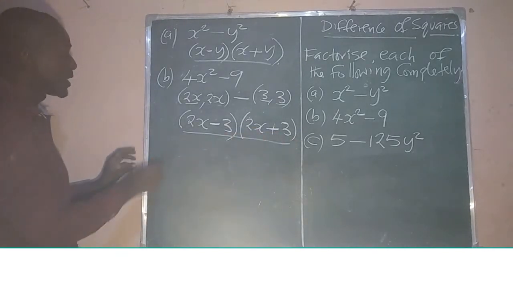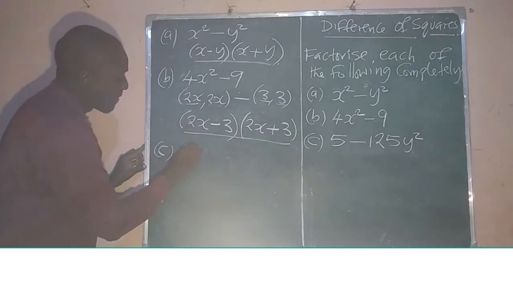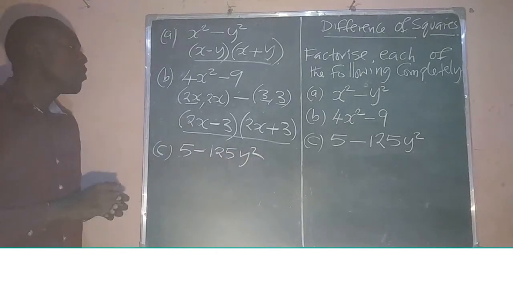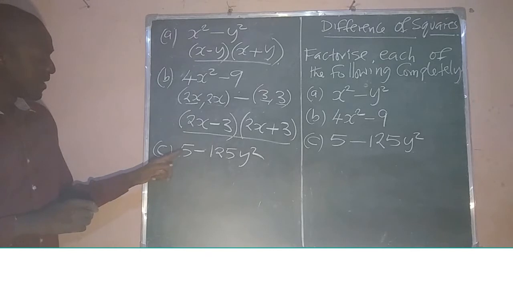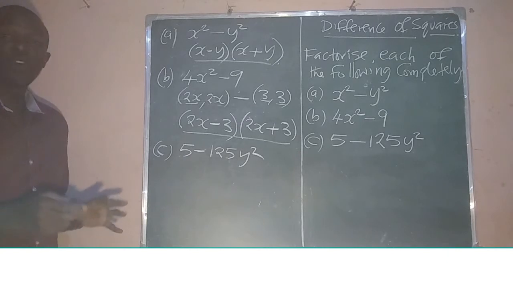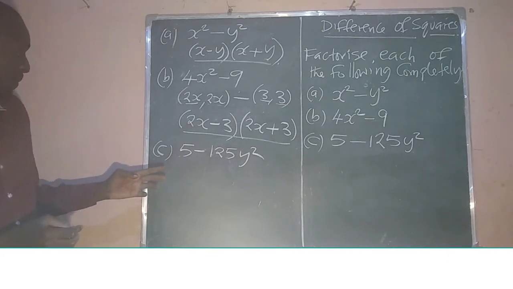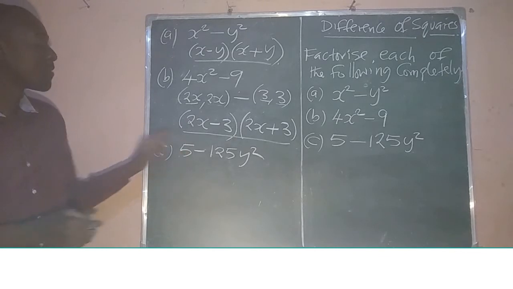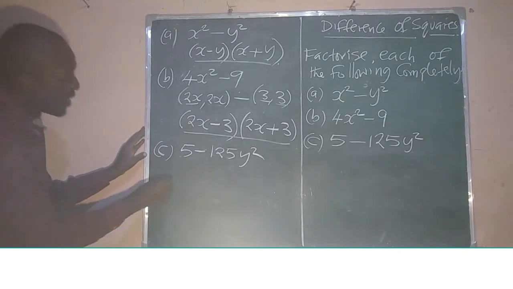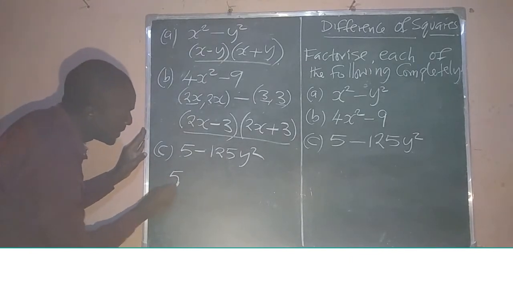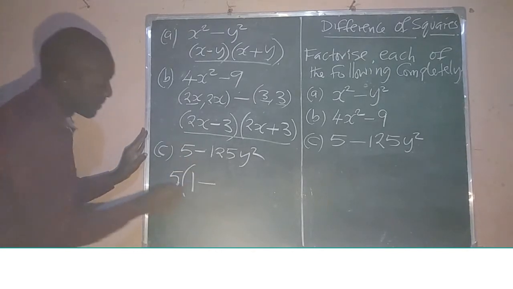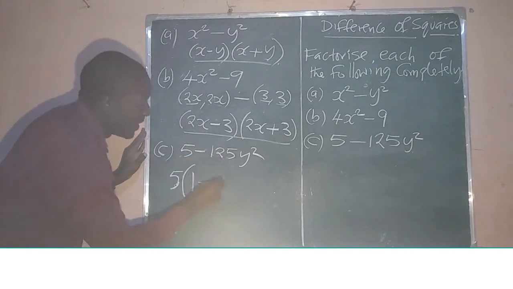Now we can go to the last question, part C. We have 5 minus 125y squared. Here you notice that the square root of 5 cannot be found without a calculator, and neither can the square root of 125. So what we do first is notice that 5 is common. 5 can be divided into 5, and it can also be divided into 125. So you write the 5 outside the brackets like this, and then you open brackets. 5 into 5 is 1, minus 5 into 125 is 25